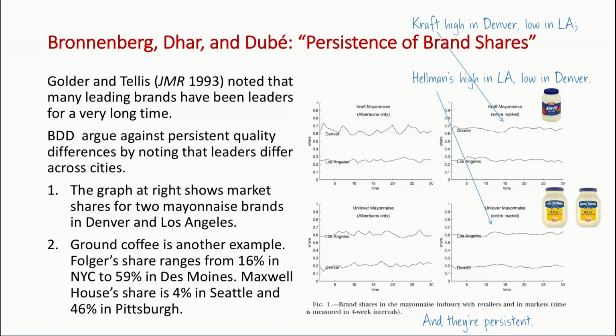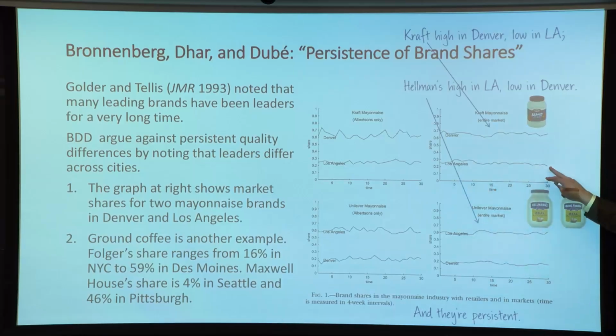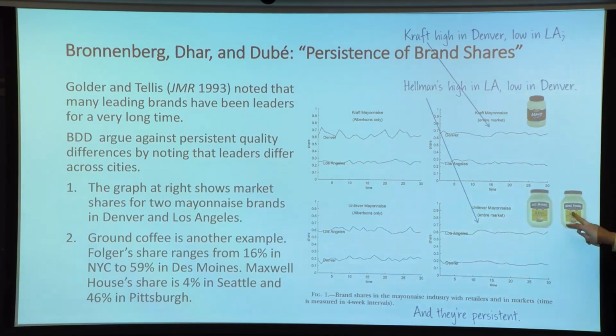But then what's striking is this data, over the course of half a year, I think, on the market share by week of Kraft mayonnaise versus Unilever mayonnaise in Denver. You can see in Denver, like 65–70% of people buy Kraft mayonnaise, and 15 to 20% of people buy the Unilever mayonnaise. And then you go to Los Angeles, and only 25% of the people are buying Kraft mayonnaise, and 60%, I think, buy the Best Foods mayonnaise sold on the West Coast.